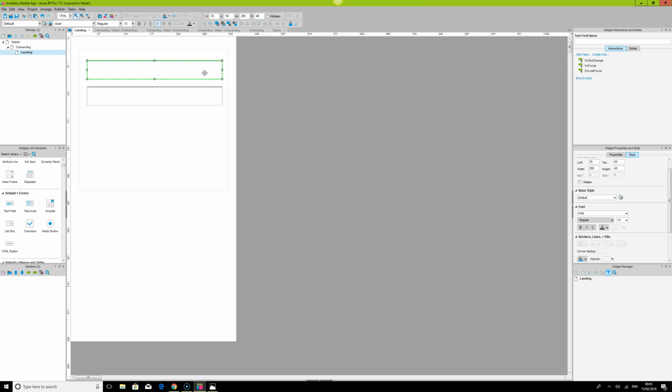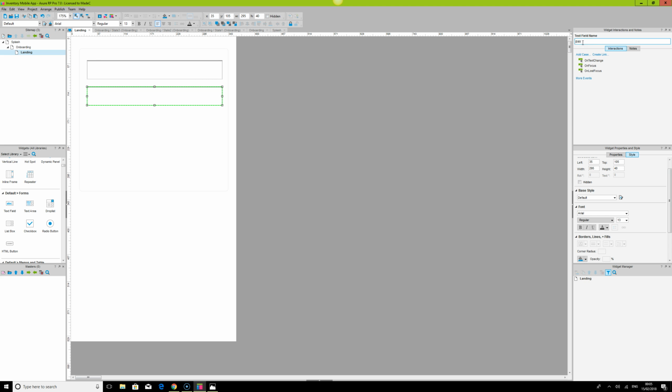Like I said, we need to name our widget, and sometimes there are some widgets that are very important for you to name. So for example, this one, I'm going to be giving it a username txt, and I'm going to be giving this